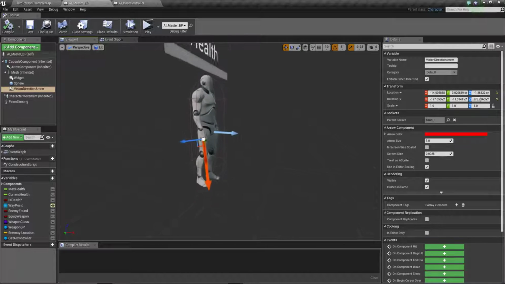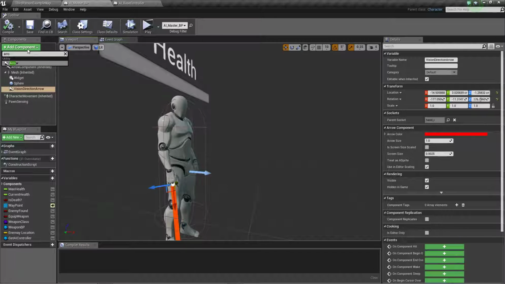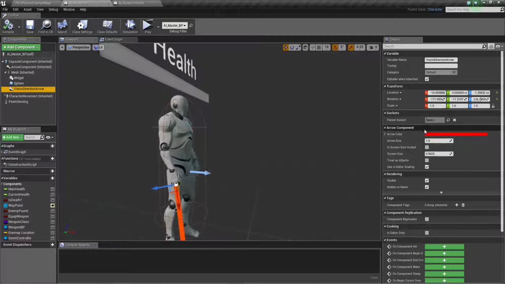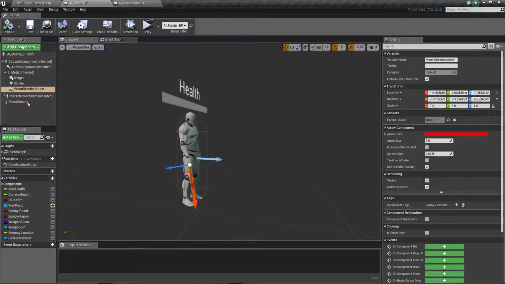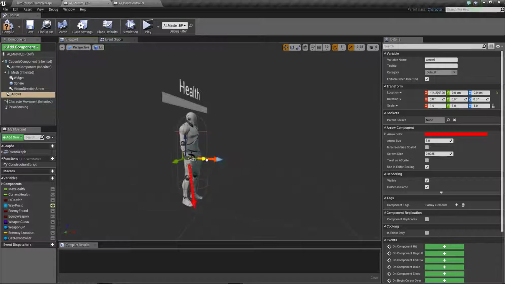What you need to do is add an arrow component and parent it to your mesh, and you have to parent it to the right hand socket. So when you parent it to the right hand socket, let me show you very quickly. Okay, if I select this, the arrow is here. So when I parent, sorry, a little bit,